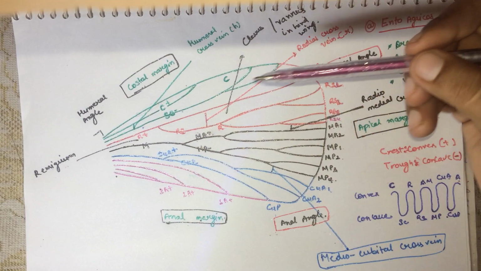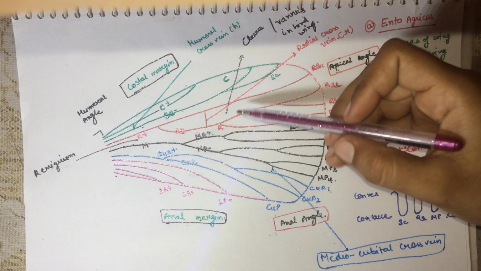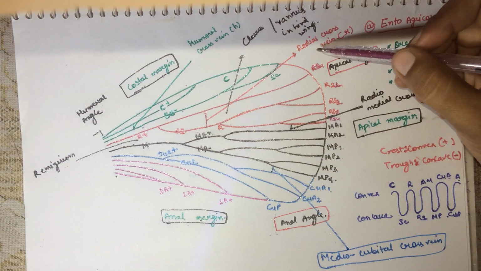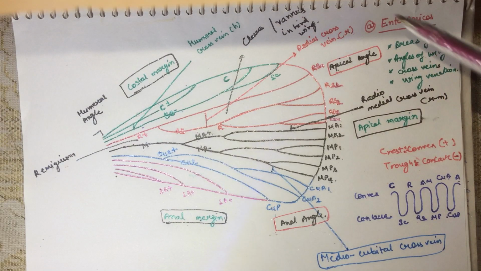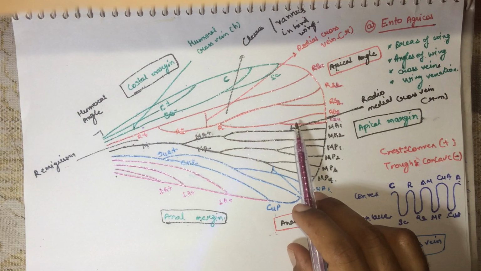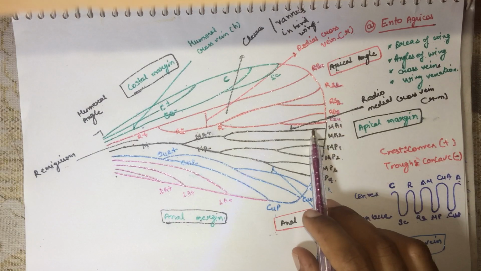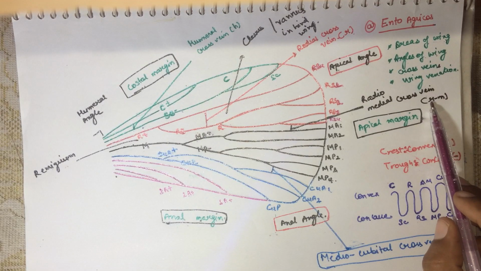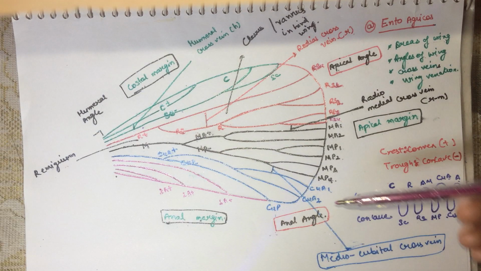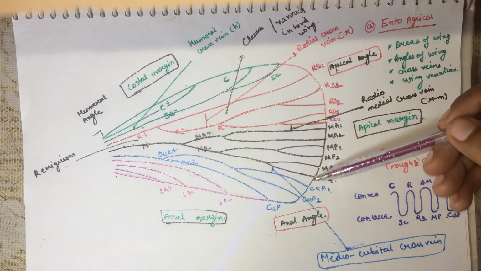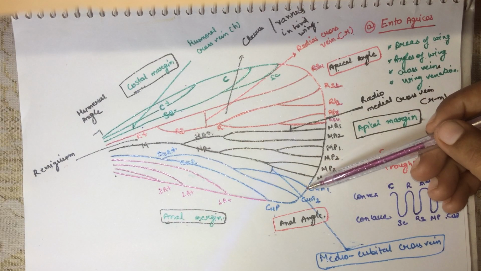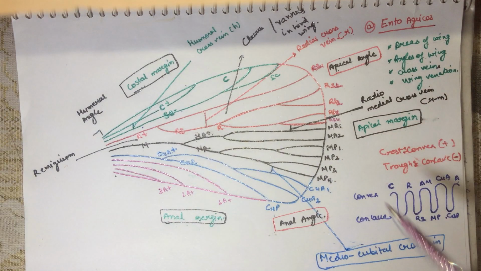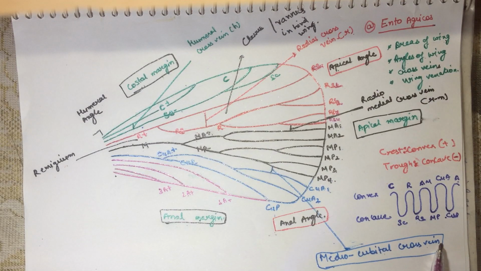The cross vein between the radius and the radial sector is the radial cross vein, represented by small r, whereas the cross vein between the radial sector and anterior median is known as the radiomedial cross vein and represented by rm. And the cross vein present between the cubitus anterior and posterior median 4 is represented as the mediocubital cross vein.